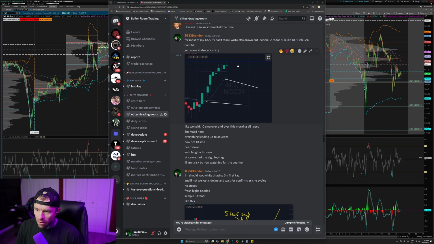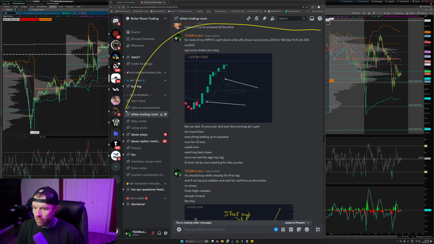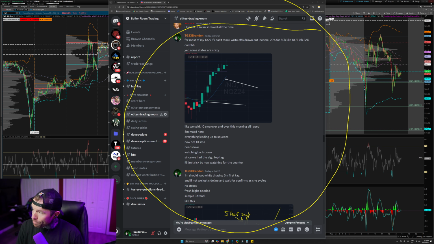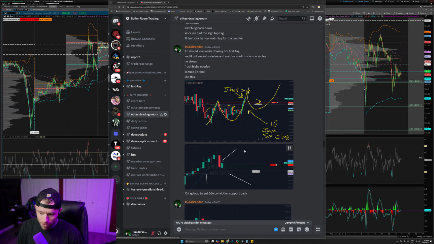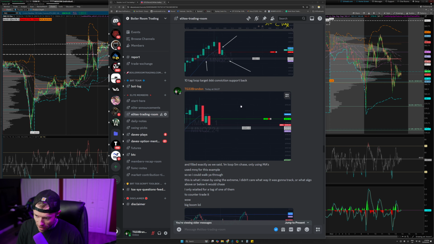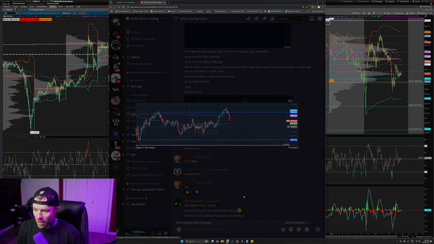So it comes all the way back up and we hit the top algo. We go over all these trade plans. I blab a lot and answer questions all pre-market. We post every picture, and I explained every single trade coming into it. Even the short, after we hit our target to the top side, goes all the way down. Here's exactly what we said. Again, I explained the whole trade.